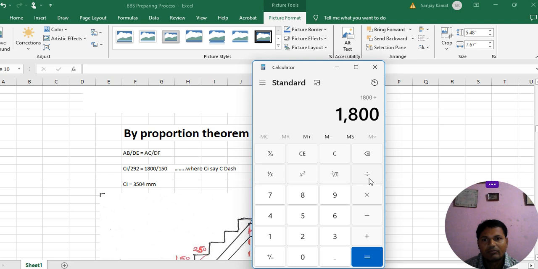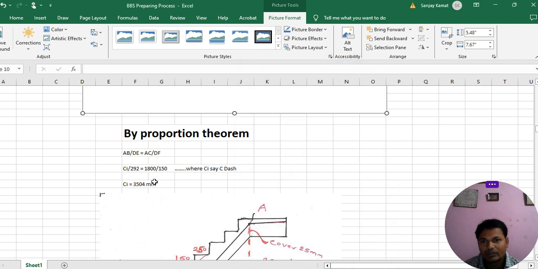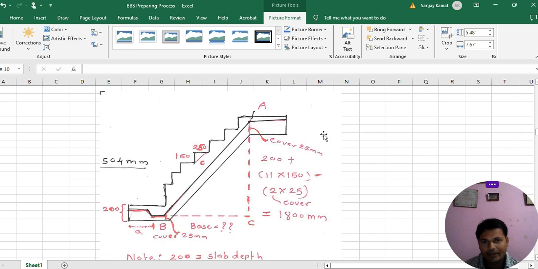1800 divided by 150 comes to 12. And if we multiply this by 292, then how much will it come? 300, 500, 3504 mm. Okay, so in this way, cross multiply, then you can easily get this value. After getting this value, come to the next. Okay, moving to the next